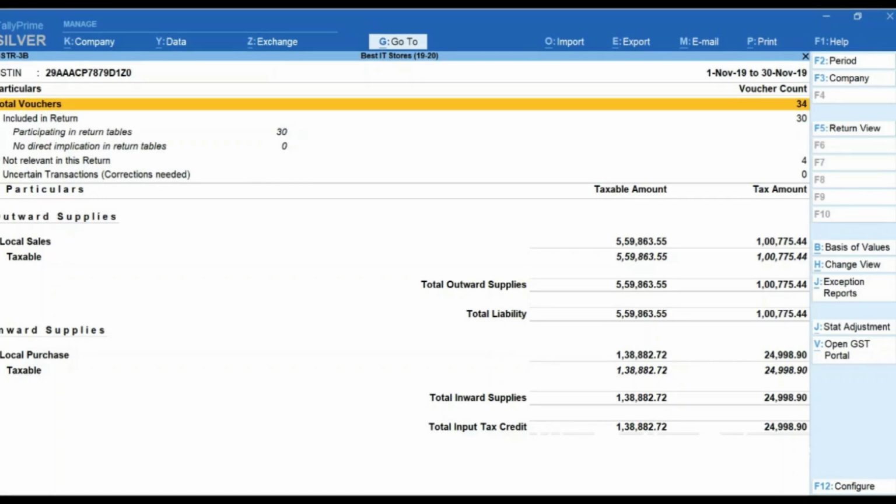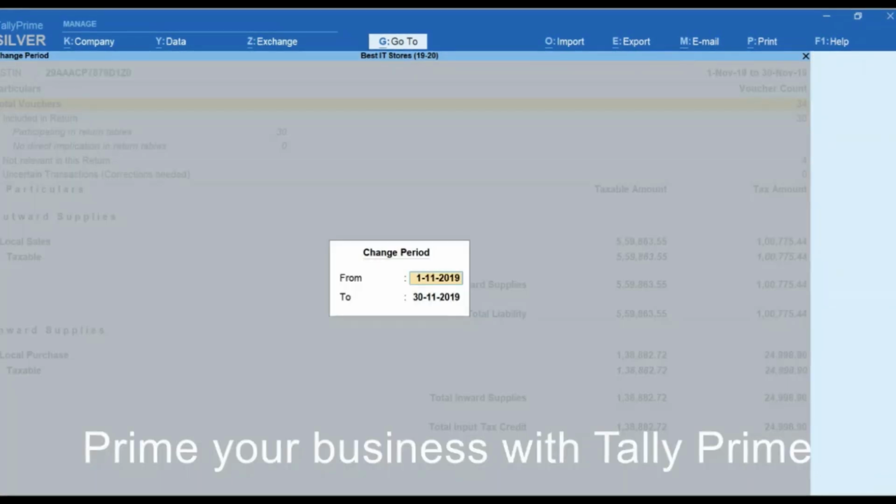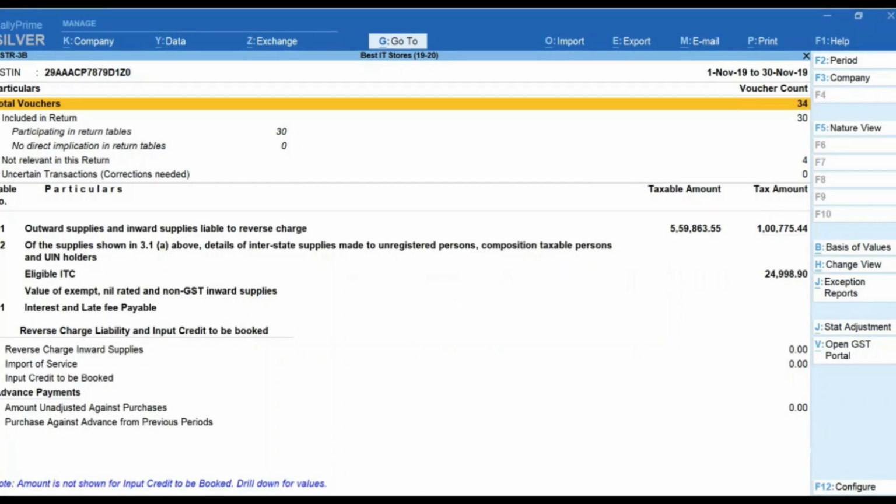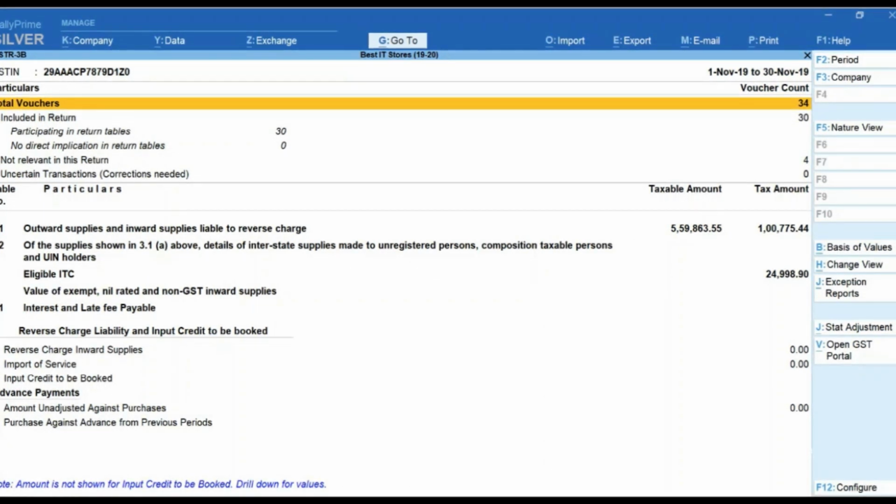I can see that the GSTR 3B report for the period of November tells me that I have to pay a tax of 1,775 rupees, and there is an input tax credit eligibility of approximately 25,000.